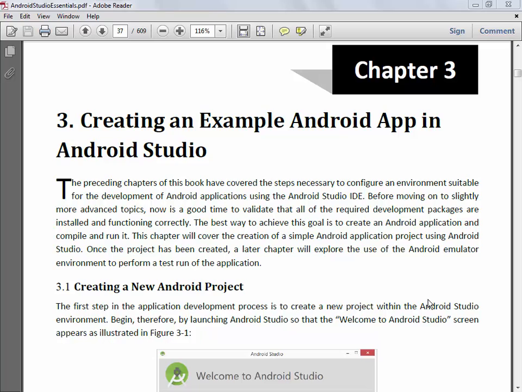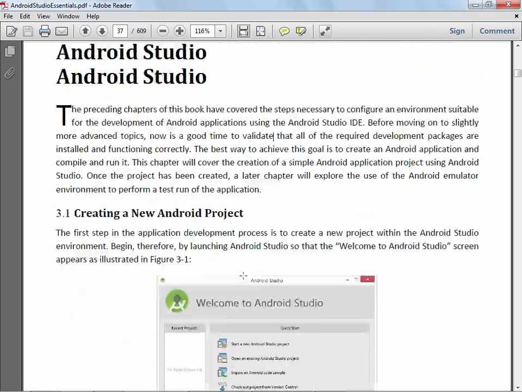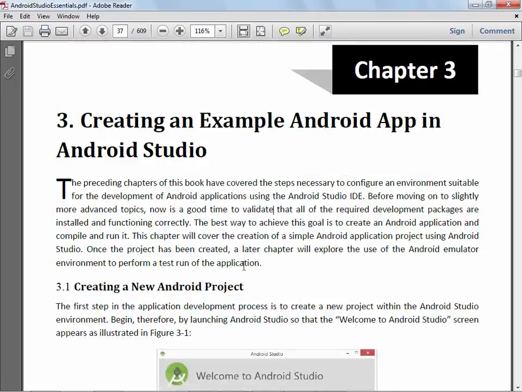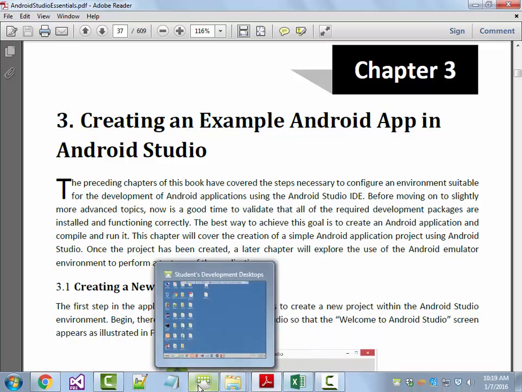I've been starting to go through the textbook, Android Studio Development Essentials, that we have for the 152, 156 Mobile Web Dev Android class for the spring 2016 semester at Blackhawk Technical College. I'm into Chapter 3, so I'm going to go over this. When I have to, I will go back to the PDF here, but I am just going to go in